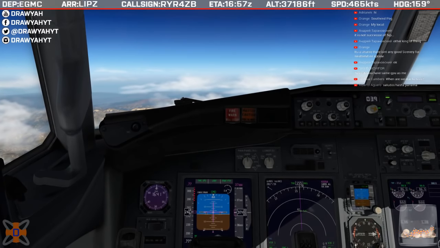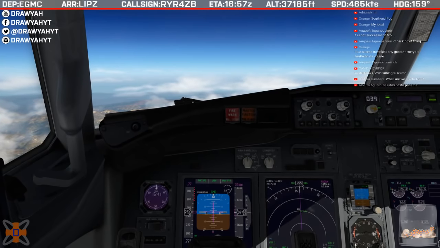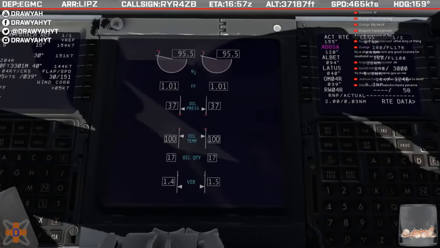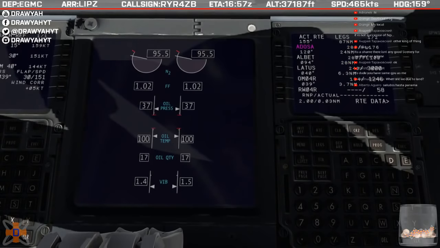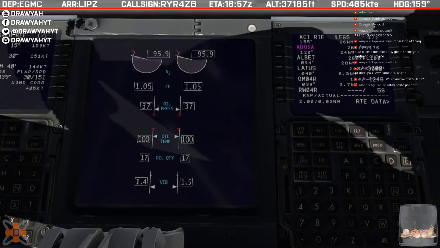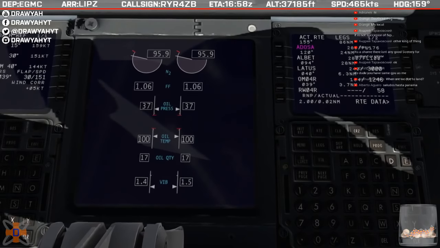There you go, 40 miles, top of the descent. To be fair, we'd have already started descending had I not set up my approach path, because the last waypoints did add a little bit of distance between the intercepts. So, was it Albert that was the last one, yes, 24 miles from here. And then there's another 28 miles before we get to Lattus, which is then the next waypoint for the runway